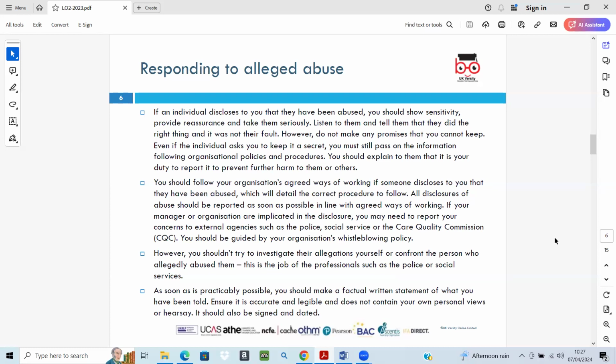Now the next bullet point. If an individual discloses to you that they have been abused, the first step is to show sensitivity and provide reassurance. It's important to listen to them, affirm that they did the right thing by speaking up, and reassure them that the abuse was not their fault. However, care workers should not make promises they cannot keep, such as promising to keep the information secret. They must explain that it is their duty to report the abuse to prevent further abuse, to the team, the senior management, and